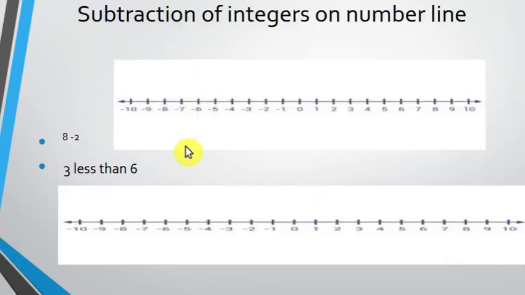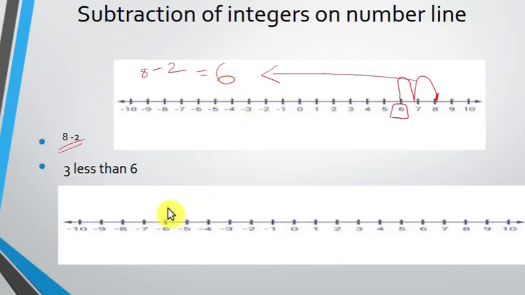Subtraction of integers on number line. First one, 8 minus 2. First I have to go to the position 8. Subtraction, so how many? I have to come to the left side 2 moves. 1, 2. So the answer is